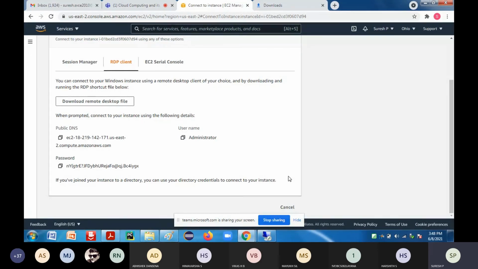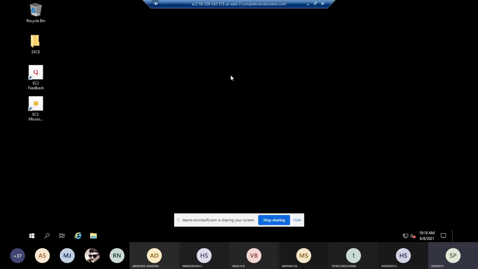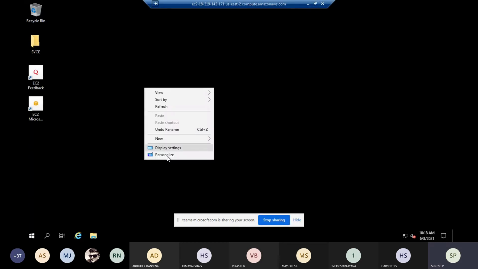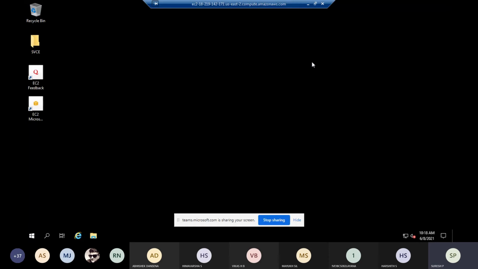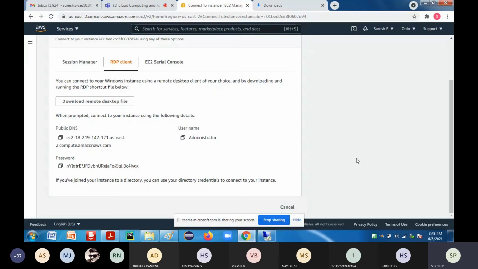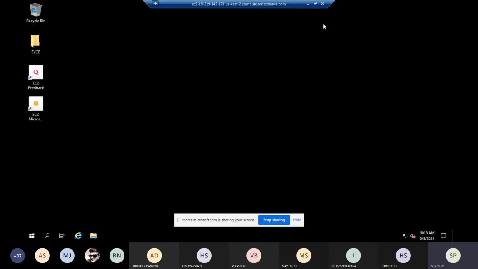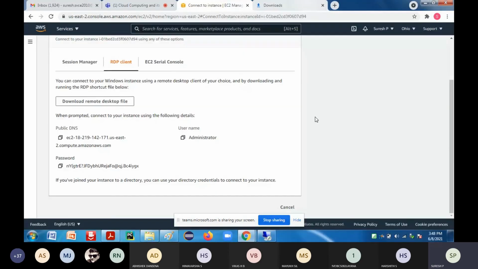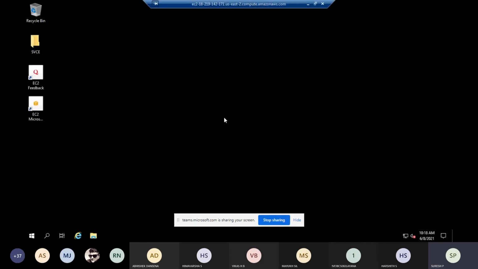To overcome that time consuming process, I'm going to make use of instances. So this is nothing but the instances which you are going to have. If you look at the display settings, you can change them too. It is similar to your normal desktop system with a normal operating system. So this is how you create the instance and how you deploy the instance, and even inside the instance, you can execute the application.